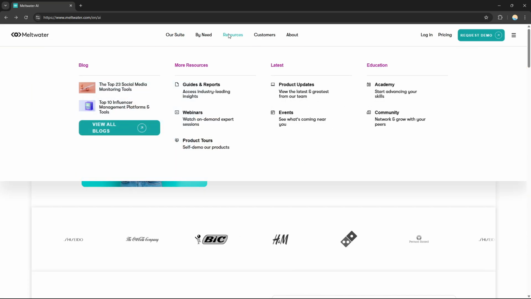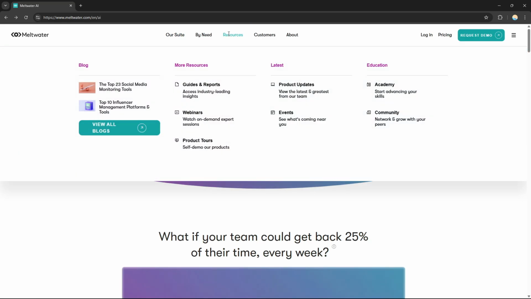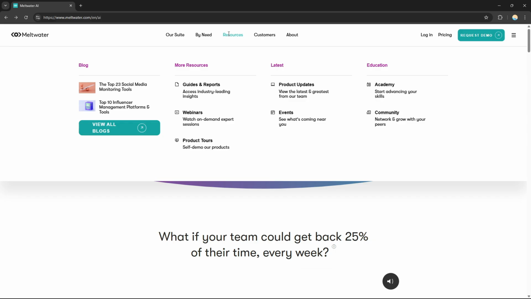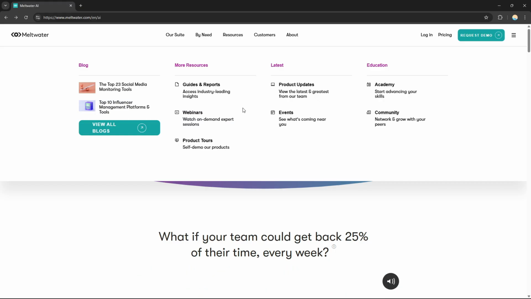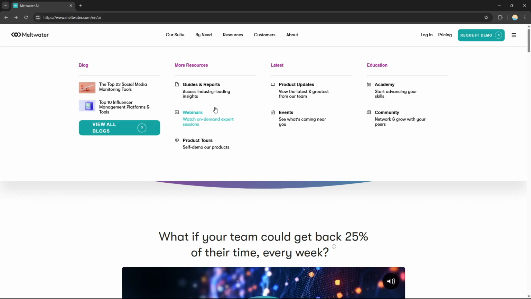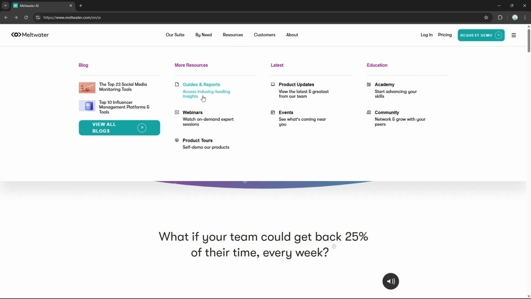And for the resources, this acts like a learning hub. In the resources section, it gives you blogs, articles about PR, marketing, and media trends, reports and white papers, webinars or customer stories that can help you learn how to use Meltwater. And you can have access to industry-leading insights, and watch on-demand expert sessions